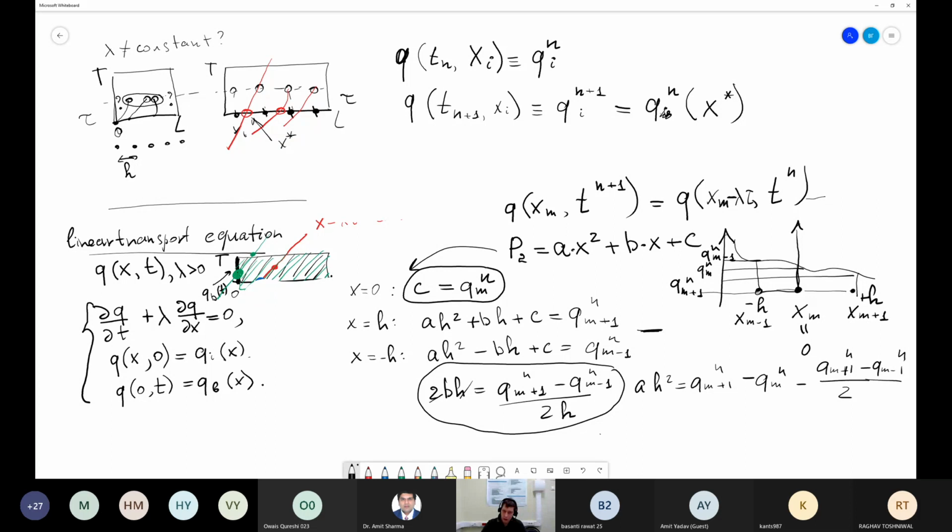Eventually, a is equal to q m plus 1 n minus q m n divided by h squared, minus q m plus 1 n minus q m minus 1 n divided by 2 h squared. It looks as if I made a mistake, or no. No, it's okay. Yeah. So the final formula is